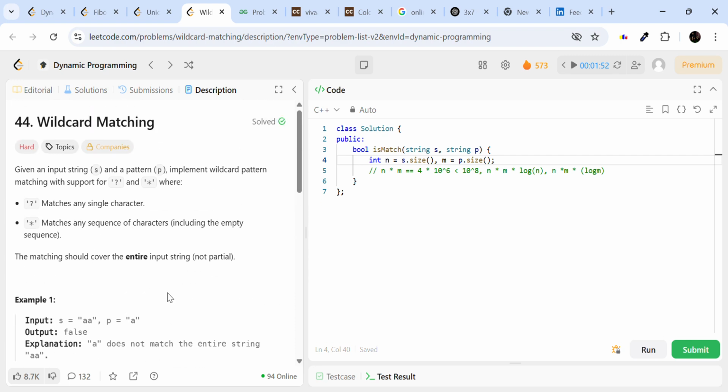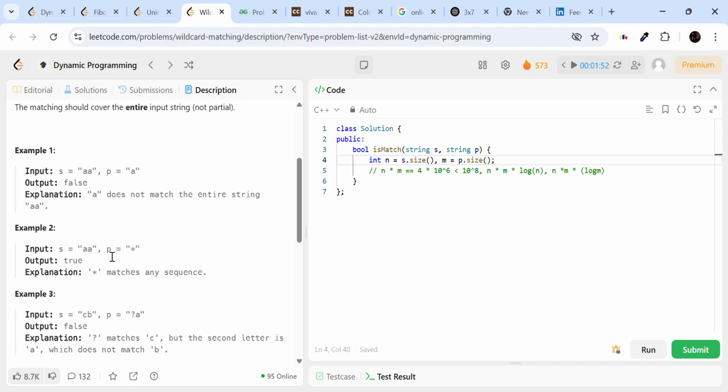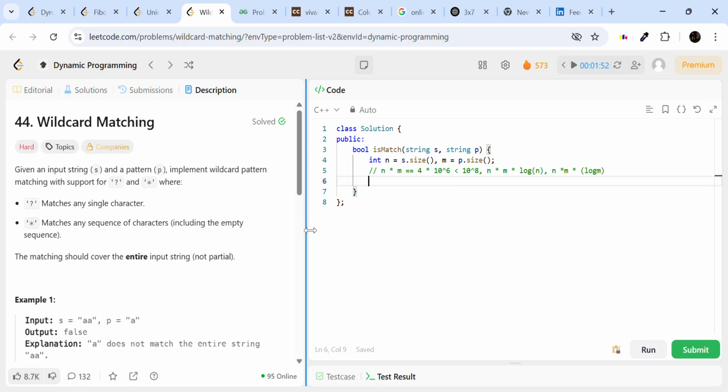Okay, so here the question hints us towards a recursive idea, where we will consider all possible sequences of operations that we can perform on p in order to transform it into s. So for performing all possible operations, what can we do? Basically, we need to handle some cases. For example, if somewhere s of i becomes equal to p of j, then what I will do is